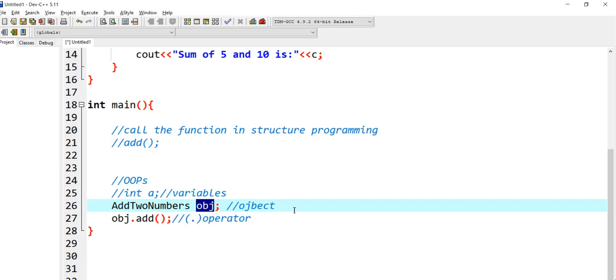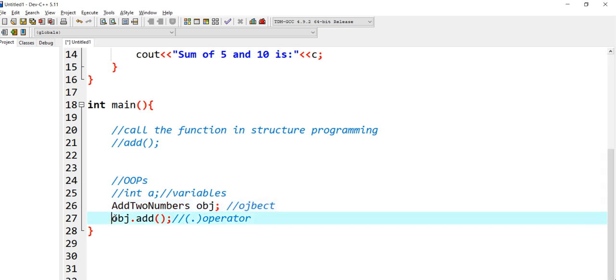We were talking about this object, right? To call this function, the first thing I need is a variable of this class, which means an object of this class, and then I need to use this dot operator. Via this dot operator I can use any members of this class.